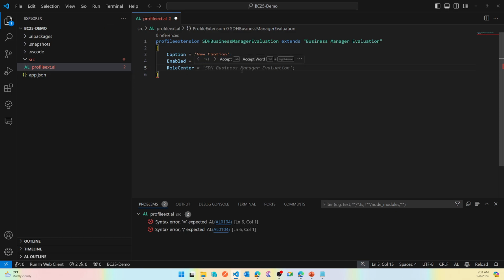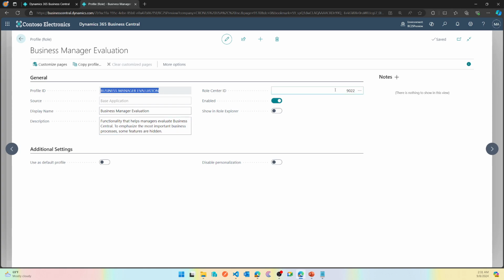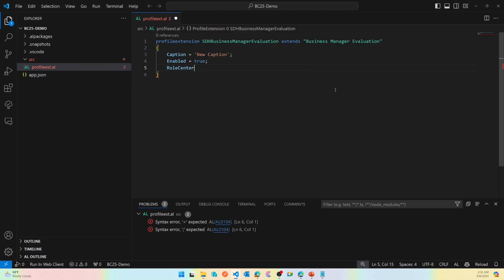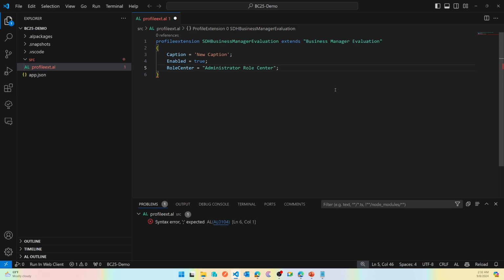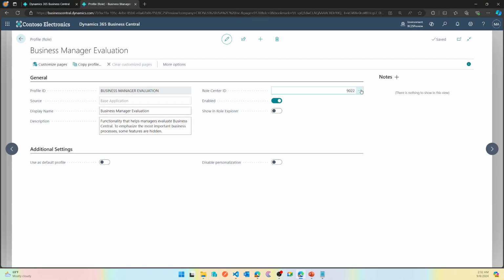this particular profile. Now as of today, if you go back into Business Central, it's a little bit complex to modify it, but you can now do that. But not just that, I can define the role center page as, let's say, any page. Let's change it to the Administrator Role Center page. So the role center page will not be the Business Manager Evaluation role center page, which is 9022. Let's see what 9022 is. I actually don't know what 9022 is, but that page will change to this role center page when I